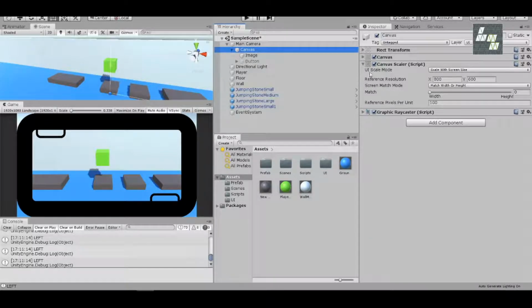Okay, and the component we're interested in is the canvas scaler. So you have multiple options here on your UI scale mode. You can set it to constant pixel size, scale with screen size, or constant physical size. So we're going to put scale to screen size. Now, as you can see, it already kind of does that for you anyway, but you can set the resolution